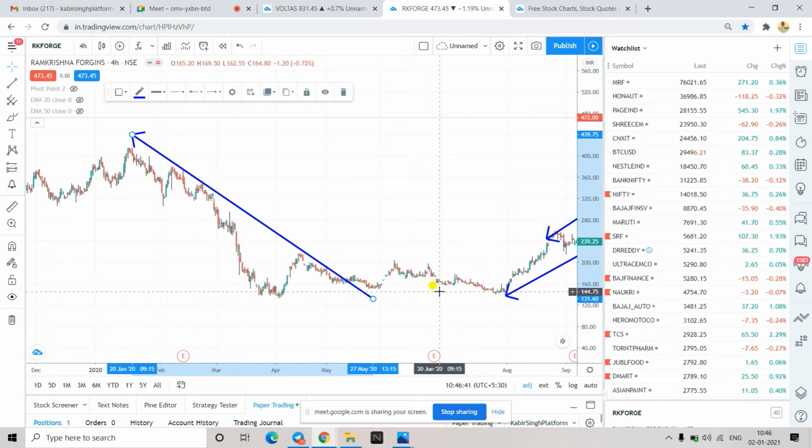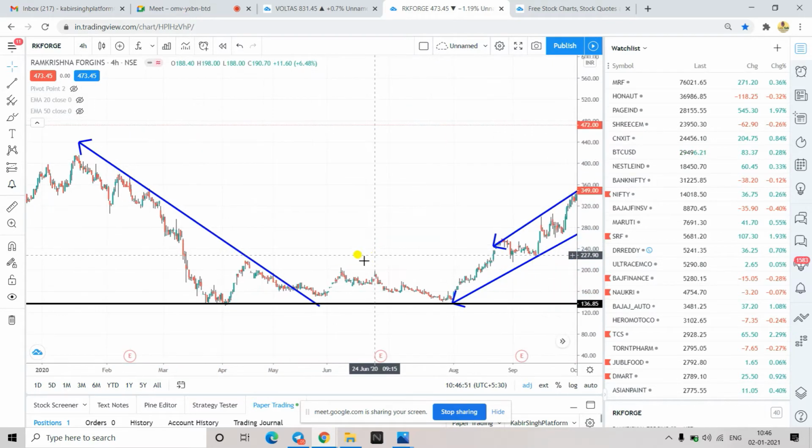You can just anticipate, but then you have to have a lot of confirmation after that also. This point clear? Clear. So you can draw an SNR line also here. Okay, so once it was following it, but then here it has crossed this trend line. So this is a loss of momentum, and then you can again look for some kind of bullish pattern to form to get into the trade. So this is how you can do it.